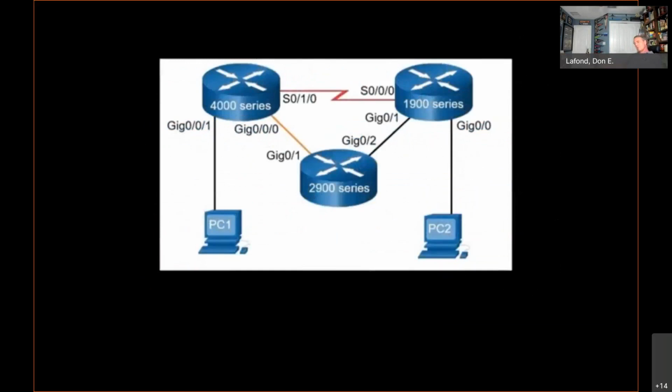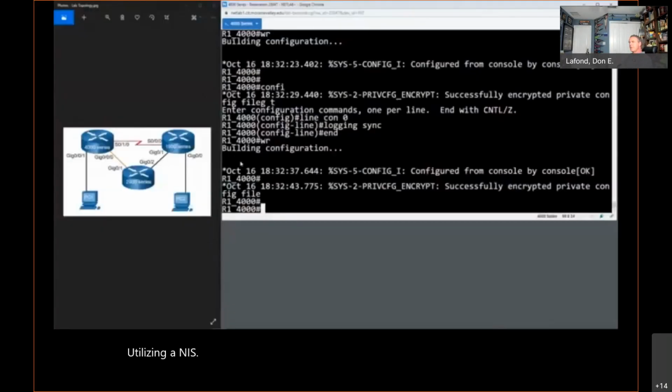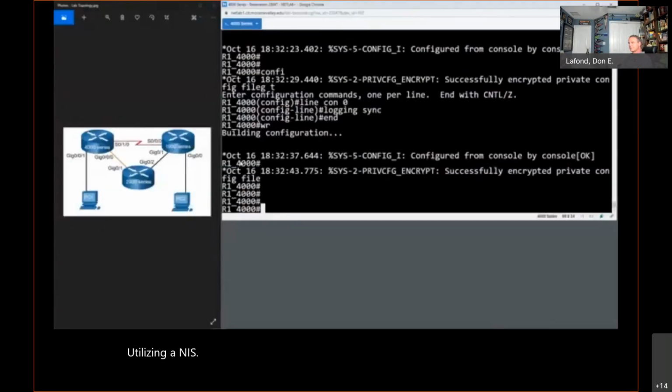So let's get started, and we're going to hit router 1 first, which is the 4000 series router. In our topology, we've got a Gig 0/0/1 interface going down to a PC. We've got the Gigabit 0/0/0 interface using an SFP small form factor pluggable fiber transceiver. We've got the serial 0/1/0, which is utilizing a NIM, the Network Interface Module expansion slot with a serial card installed. So let's get started inside of the operating system and take a look at these interfaces using some show